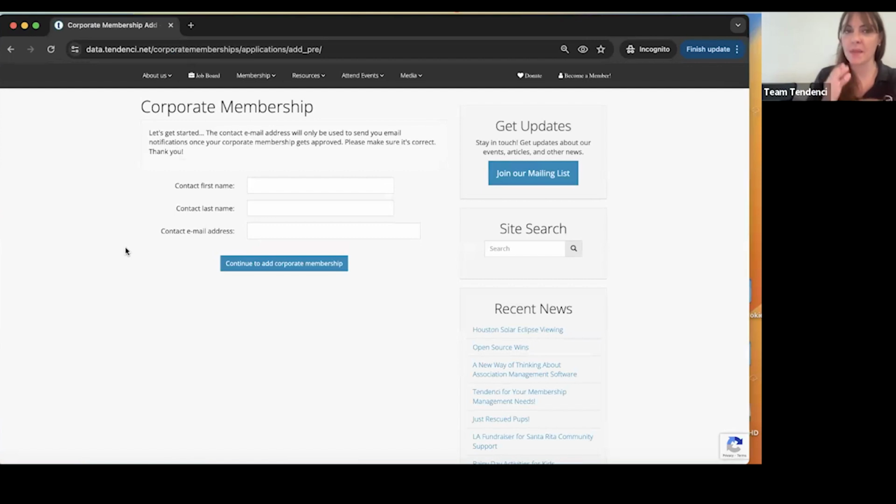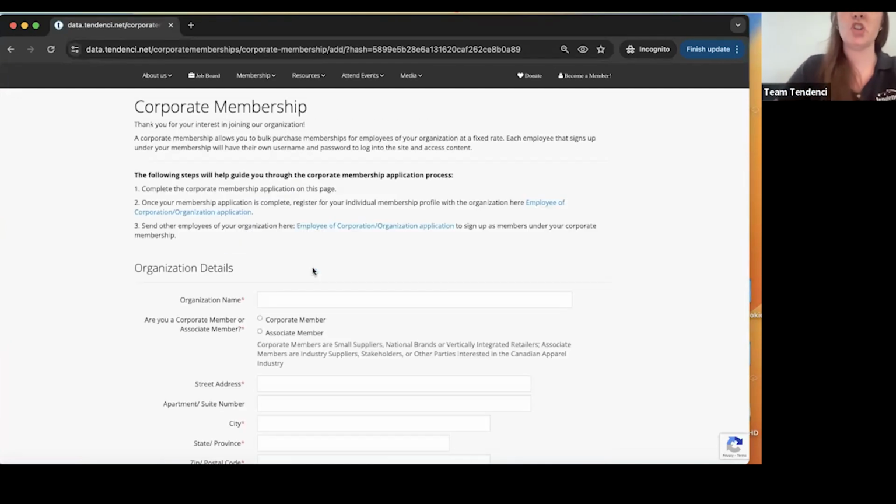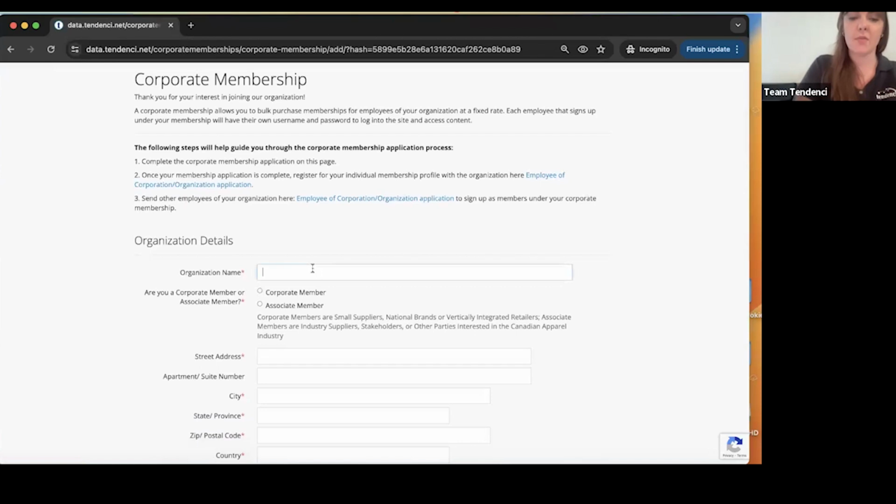So when they're first submitting an application, it's going to collect their contact details. Okay, so let me use one of my animals' names since I've put in my information so many times. Okay, so it's going to ask me for my contact details because I will, by default, be a rep for that organization. So at a minimum, these are the details that have to be in the system, okay? So I'm going to continue to add the corporate membership. It's going to take me to the application, and I'm going to fill out the